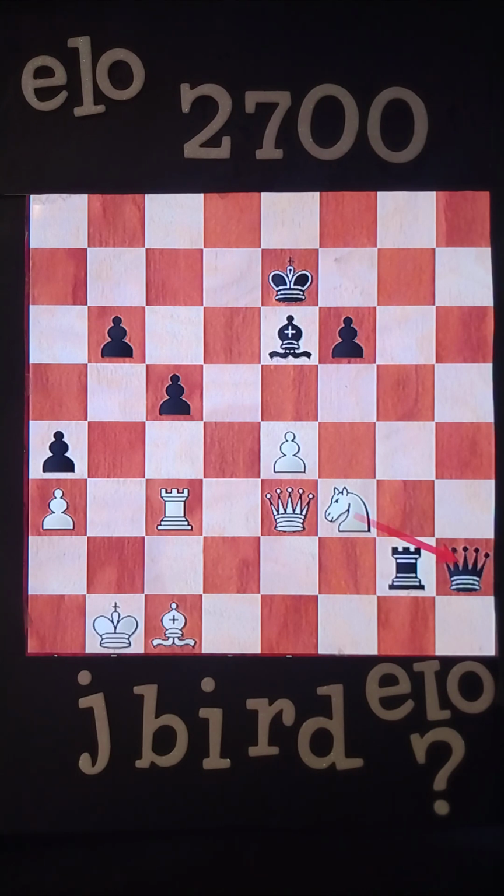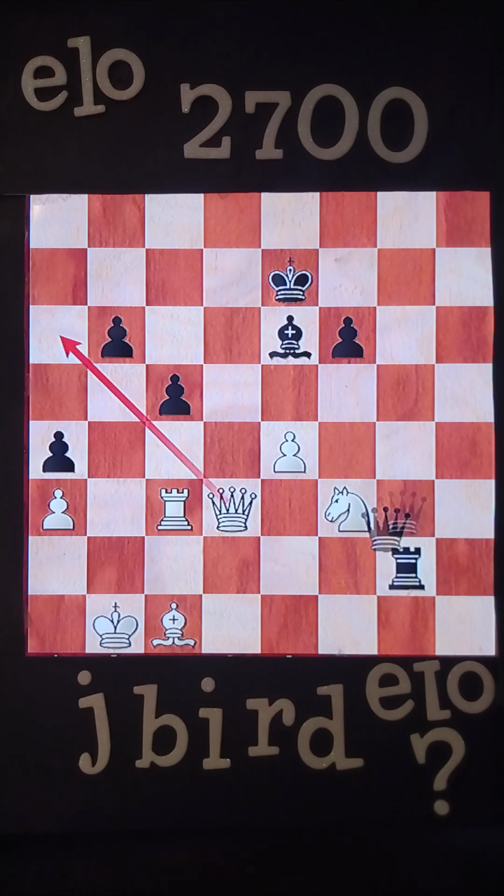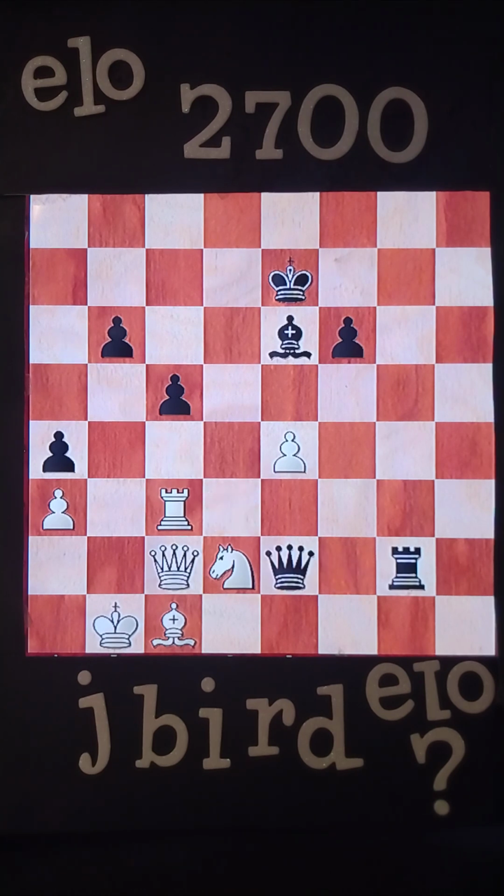f3, g3, d3, f2. Now he's threatening some checks over here. Let's see what happens after that. Nope. d2. You're going to have to give up a queen for a knight here. I don't think so. d2, e2, c2,